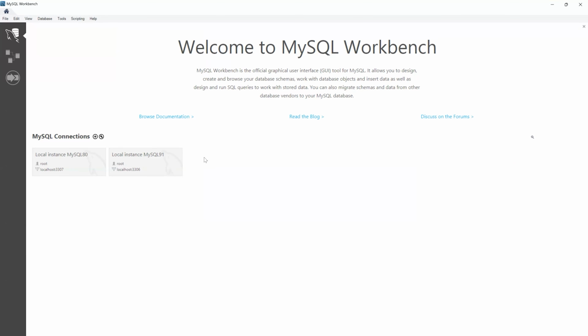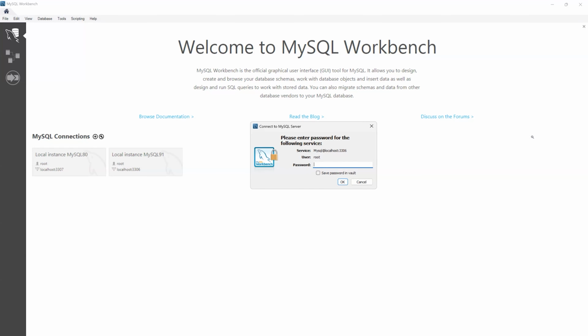I have two different versions of systems installed here. You can have as many as you want, okay? And you can scan it. Again, right-click on it and then do a rescan. If any server is installed on your machine, it will capture that and list it here, whether they are running or not, right? But you do want to make sure they are running. If they're not running, they're not going to be connected. So I'm going to pick the